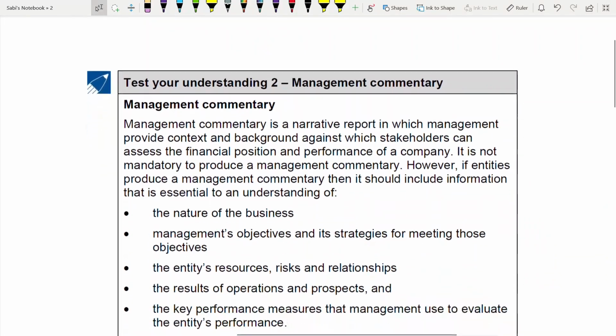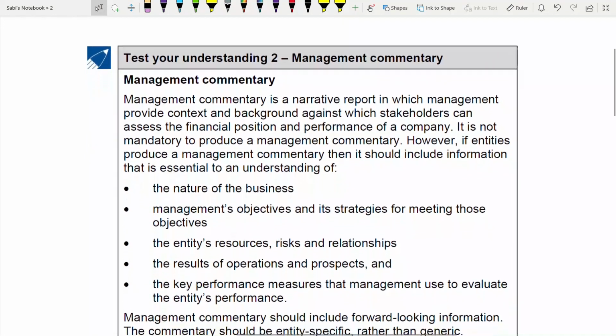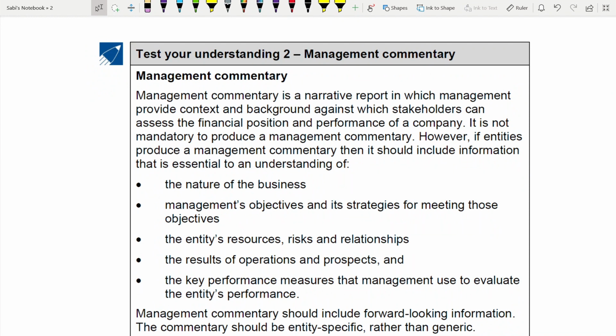This way it becomes easy for you to break down and know what to write exactly, in how many paragraphs, and what the subheading will be. For the subheading, you can just take management commentary. You need to use a proper subheading. Keep it short. Now, when you're answering, first start with the nature of management commentary before you talk about the qualitative characteristics linking to the conceptual framework. Follow the order of the requirement given to you. First they talk about the nature, then the qualitative characteristics. So when you are answering, first talk about the nature, then talk about the qualitative characteristics.